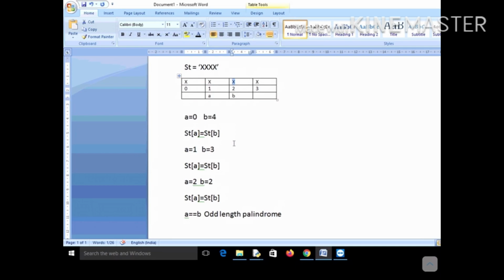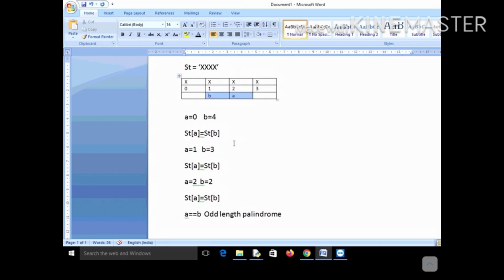So again you will increment A and you will decrement B. Finally A will come here and B will come here, isn't it? So in this case, finally the value of A becomes greater than B. I hope you got the concept, okay?